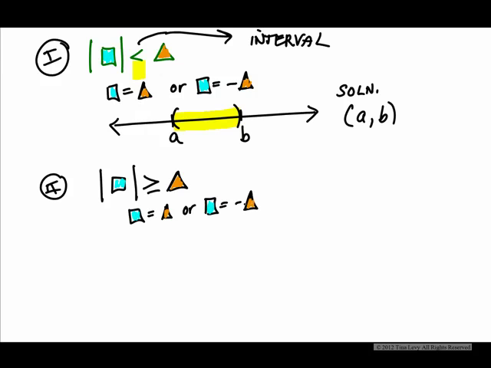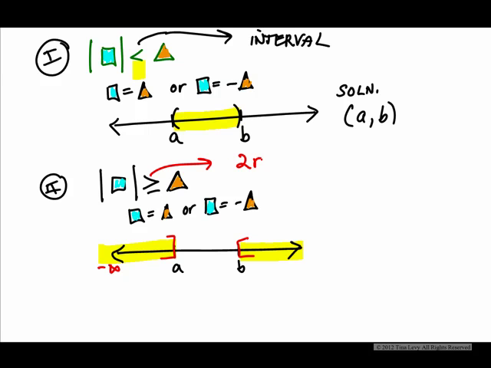I would have solved these and gotten the same two values, A and B. Now, because it's greater than, I'm going to shade in the 2 rays. And that's just always what it is. And because of the equals, it's just going to go with brackets. So this tells me they're going to be 2 rays. And the solution